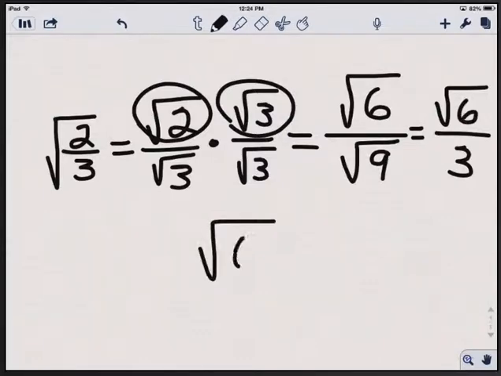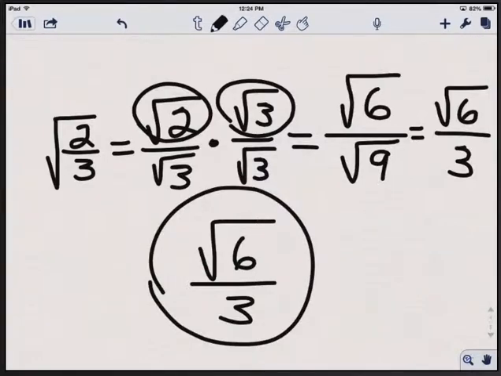We have an expression and it satisfies all three rules. There is a radicand, it's a 6. There's no perfect square that divides into 6, so that rule is taken care of. There's no square root symbol in the denominator, so that's taken care of. And yes, we technically have a fraction, but the radicand, 6, is a whole number, so that rule is taken care of. So therefore, the square root of 6 over 3